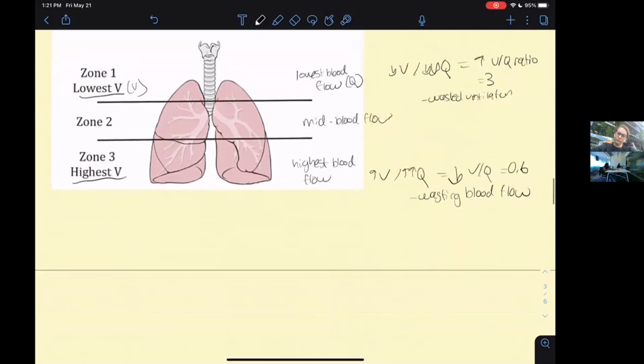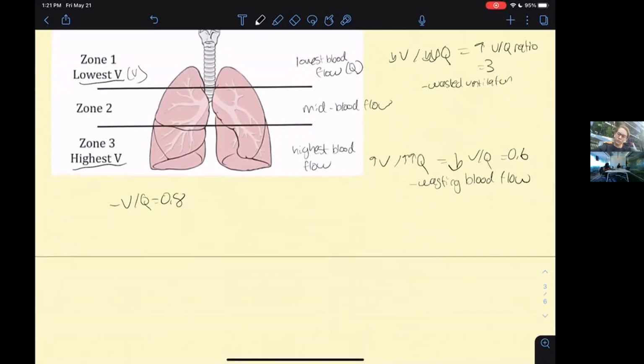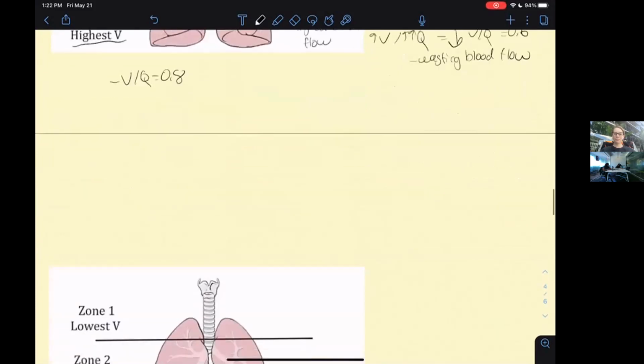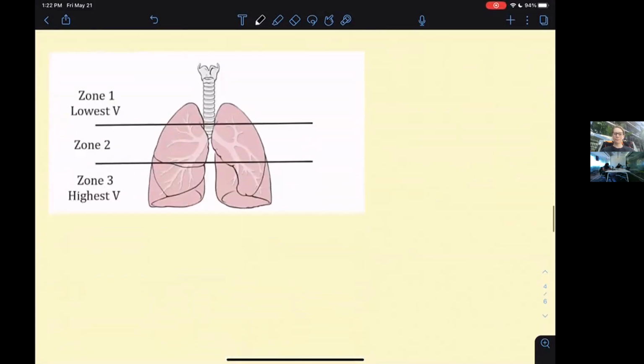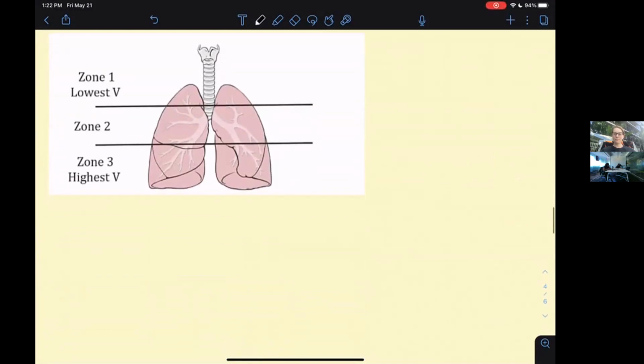And generally overall for the lungs, the VQ ratio is about 0.8. So if it changes the VQ ratio, it can lead to specific pathologies, and that can mess up how much CO2 is retained and how much other metabolites, oxygen saturation as well. So if we go and think about the different pressures in the lung, so if we have a capillary